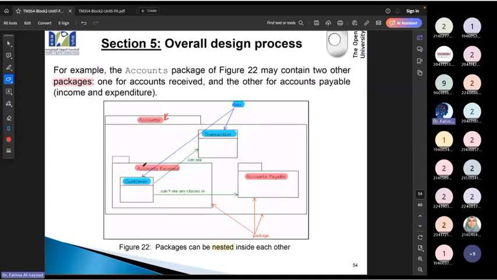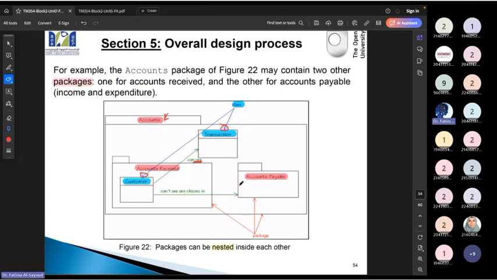And I have an account receivable as an element, and I have an account payable as an element. The class here and the class here, can they see each other? Yes, they can see each other, but they don't have an association such as what we already saw before. They can see it.